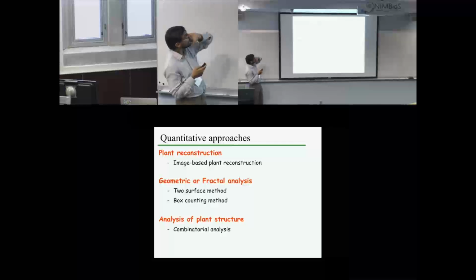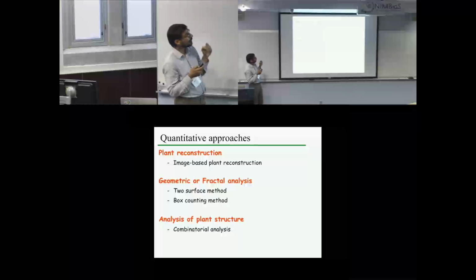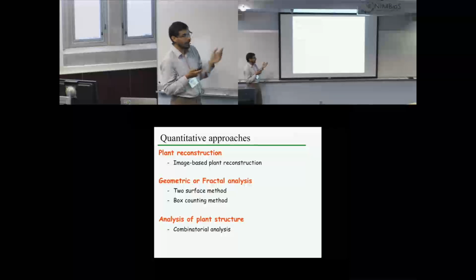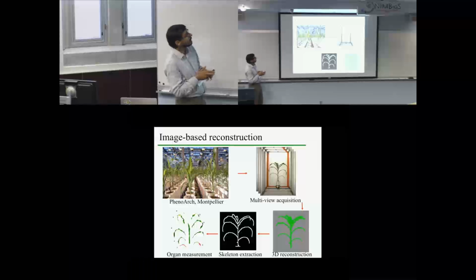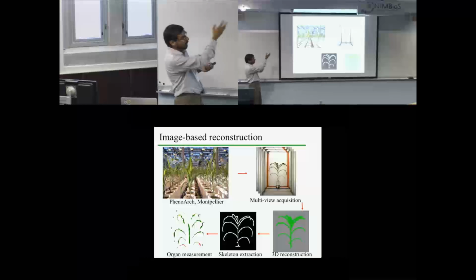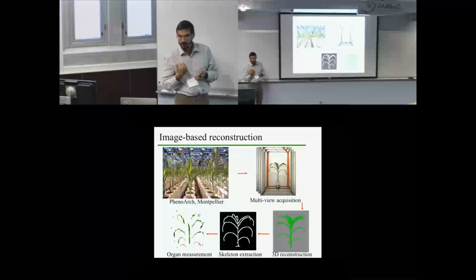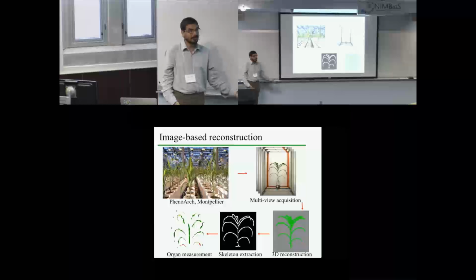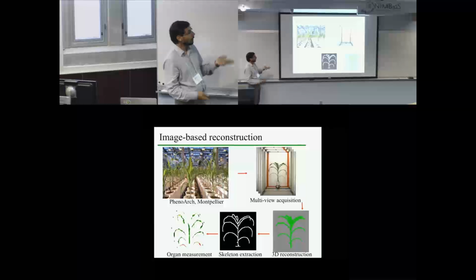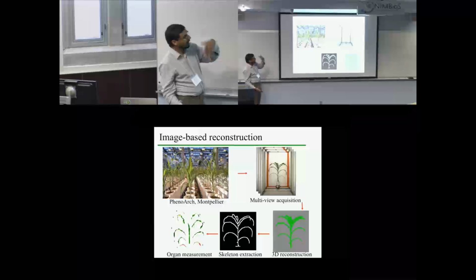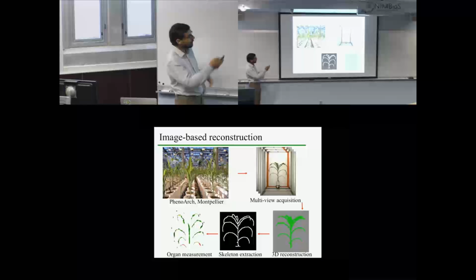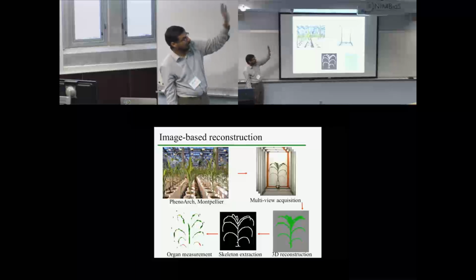So I will now speak about three different approaches: quantitative approaches, plant reconstructions, geometric or fractal analysis, and analysis of plant structure. So first, you have plants and you want to infer both topology and geometry and development information. There are lots of strategies based on whether you have LiDAR data or image data. The pipeline can always be different, but in this case we have a phenotyping platform in Montpellier. Then we have, at different times, different photos of the plants,